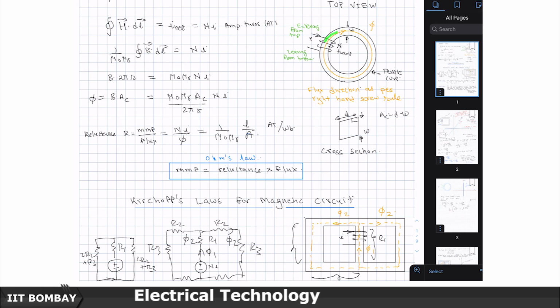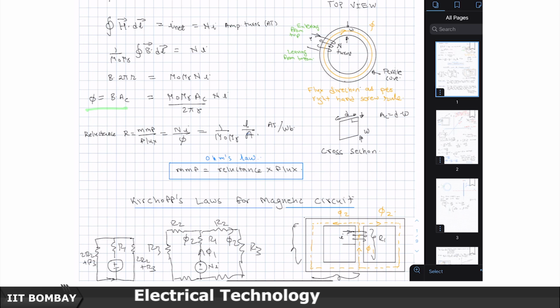Actually, the length of the path keeps changing if I change the radius, but roughly I can take as an approximation, I can go through the mean path, and I can write therefore B times the length of this mean path, which is 2 pi r, and the H and dl elements have an angle 0. So, theta is 0, cos theta is 1. So, B times 2 pi r will be equal to mu 0 mu r n I, and so the